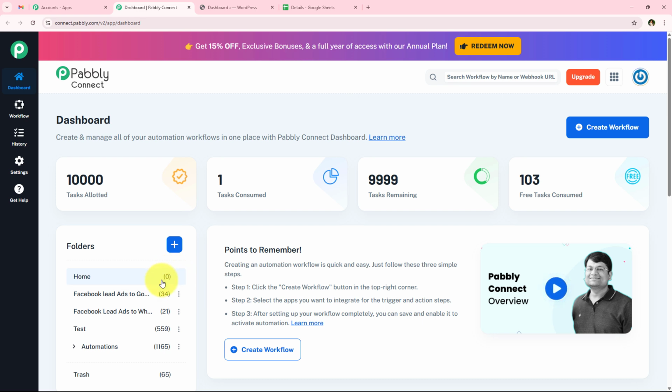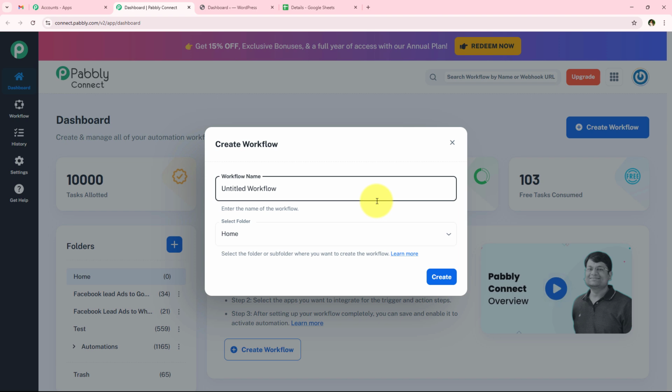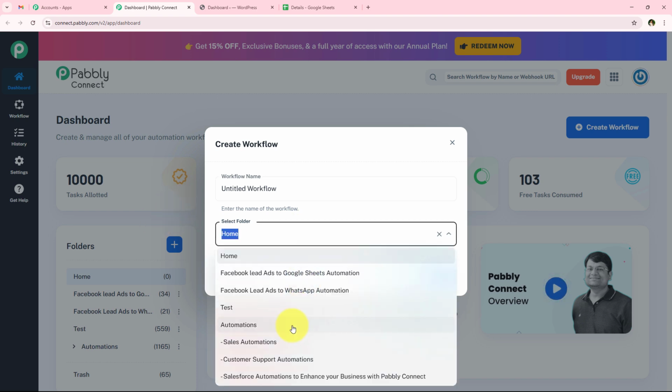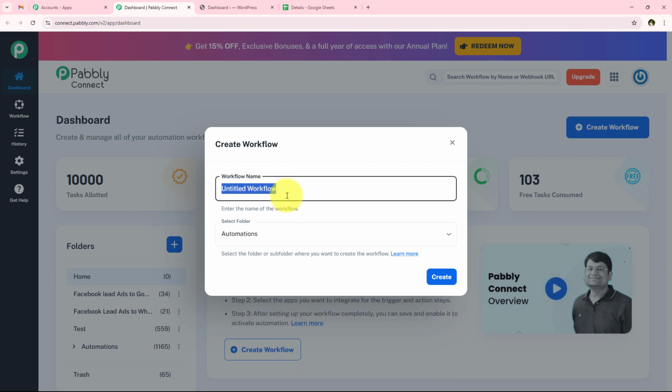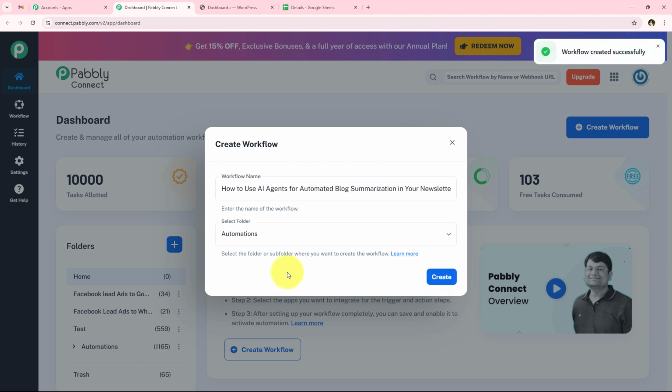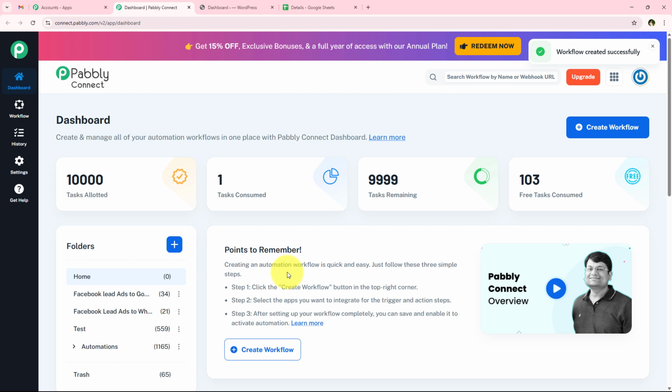And to start with this automation, we simply have to click on this button which says create workflow, and now it is asking me for the workflow name and the folder I want to save the workflow in. So over here I want to save the workflow in this folder which says automations, and I want to name my workflow as this, which says how to use AI agents for automated blog summarization in your newsletters. Then we're simply going to click on this button right over here which says create,